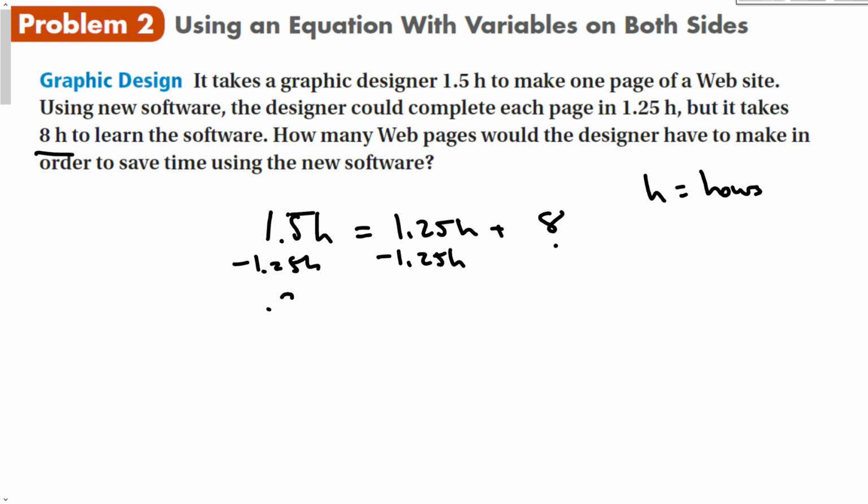That gives me 2.5 times some hours is equal to 8. Divide out the 0.25, and we get that h is equal to 32. Okay, so after 32 hours, it will take, or 32 pages,